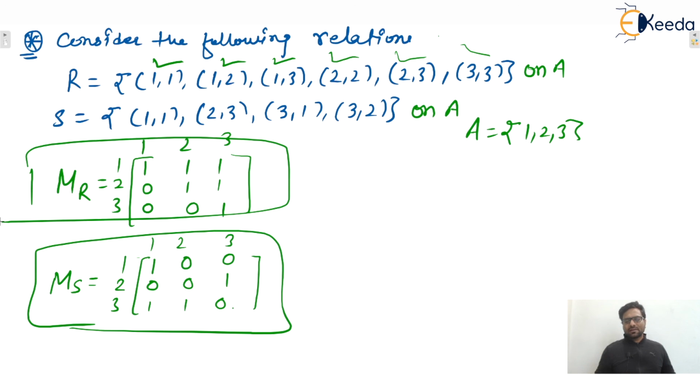In the next lecture we'll see the types of relations, and that is very very important. We'll see various types like reflexive relation, irreflexive relation, symmetric, anti-symmetric, asymmetric, equivalence relation, and last one, partial order relation. From types of relations, various questions have been asked in competitive exams like GATE and various PSU exams also. So that is a very very important part. In the next lecture onwards, we'll start the types of relation. I hope this one is clear to everyone.